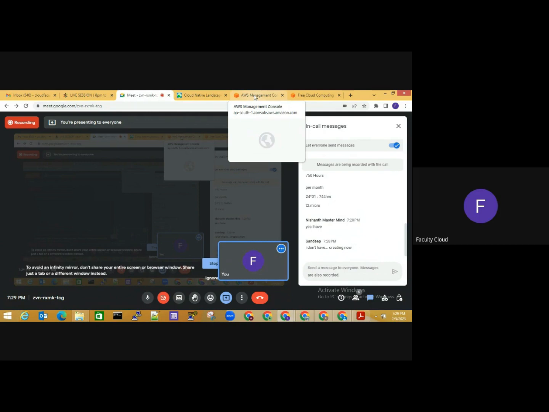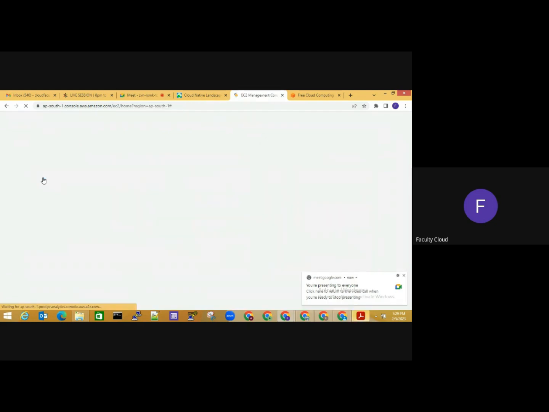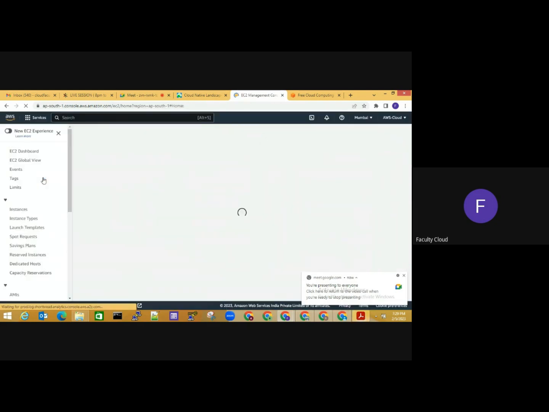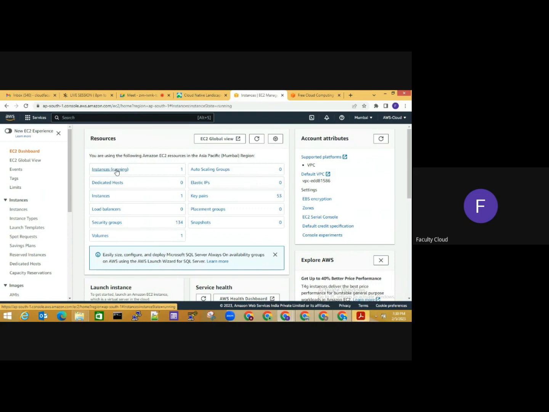Yeah. So let me come back to the management console. So I'm navigating to EC2. And I have already provisioned the server, but I will show you the steps later on how to run or create a virtual machine. We will be having documented details with detailed steps and screenshots. You can see now one instance is already running. So I will utilize that for the demonstration purpose.